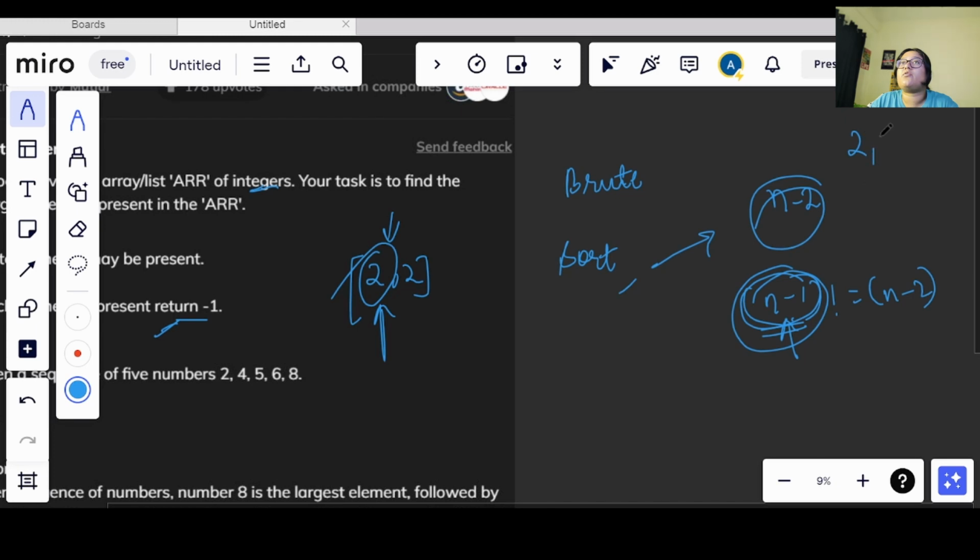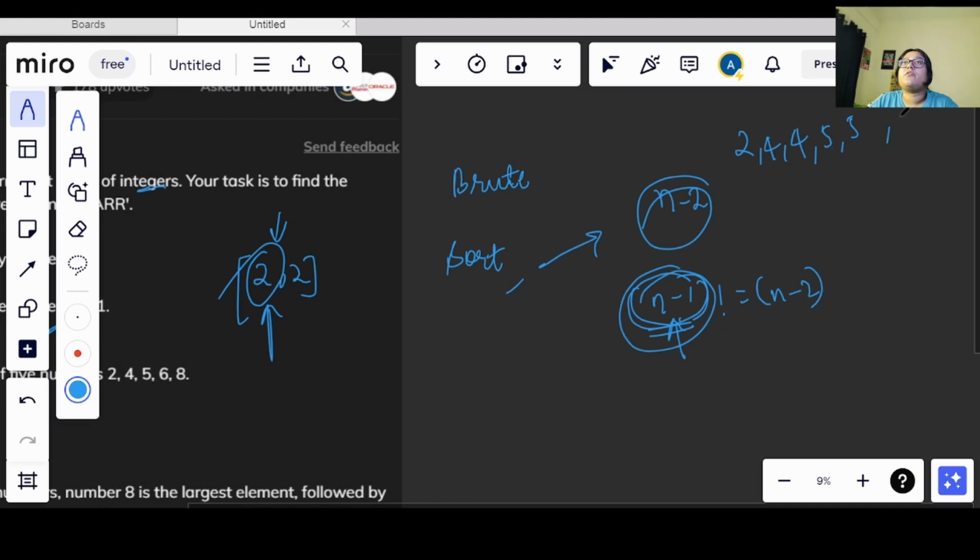Now let's say I have 2 4 4 5 5 and 5, so the value that I should return here is 4, right? So I need to keep comparing. The value that I am seeing here, these both are equal, so I cannot take this. Again I will be comparing this value and this value. These are equal, so I will not take this. Then I will compare this and this. So this 4 is the second largest element and I will be returning that.